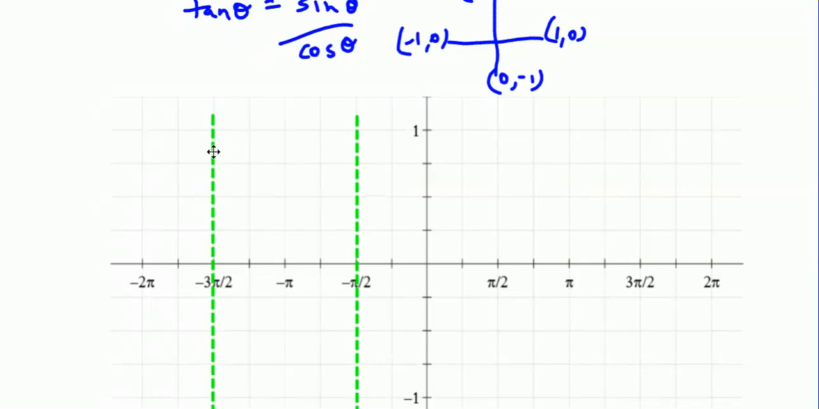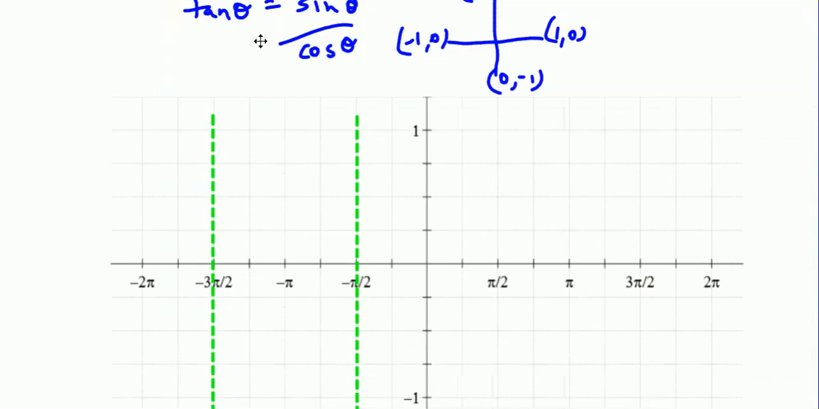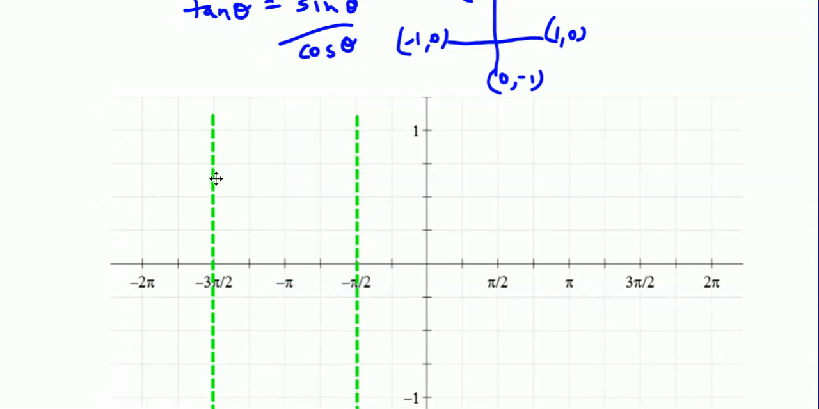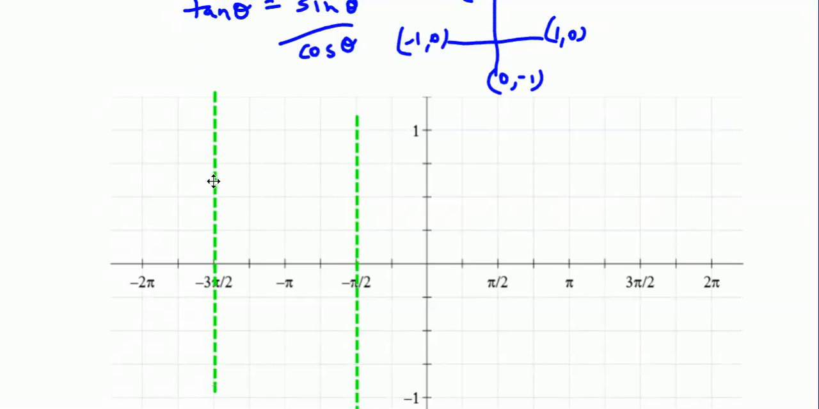And I'm going to have another one. Oh, goodness, I thought I locked that. I thought I cloned that. Oh, infinite cloner. There we go. Okay, so now I'm going to have another one at pi by 2, and I'm going to have another one